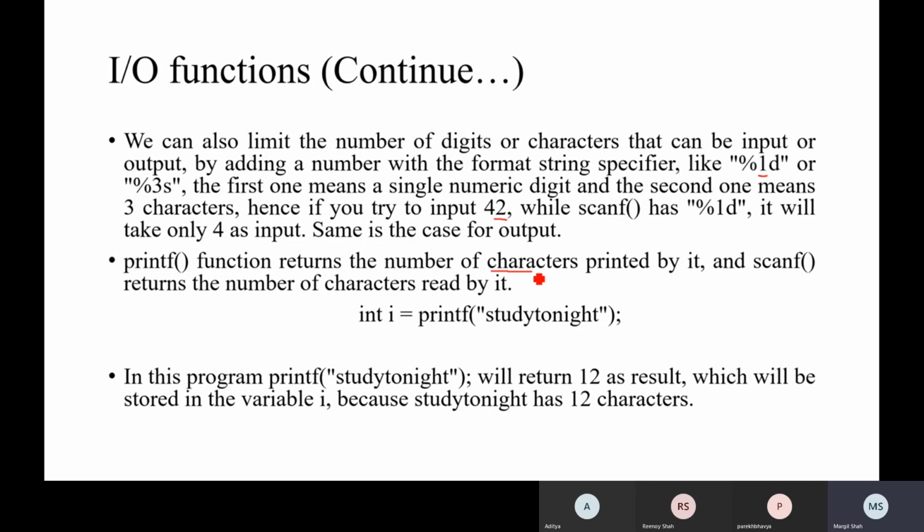I am going to change this one also. Like, what is the statement? The printf function returns the number of characters printed by it. Yes, it's absolutely correct at the initial level, but actually printf may return the number of bytes written. Now whatever data is written will be in the form of characters, so ultimately both are the same, right? And scanf returns the number of items read by it.